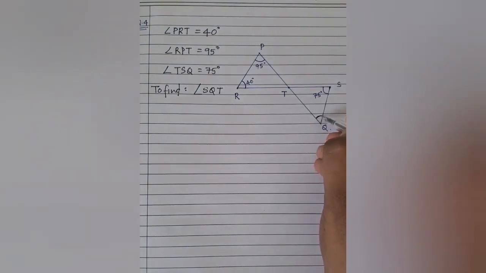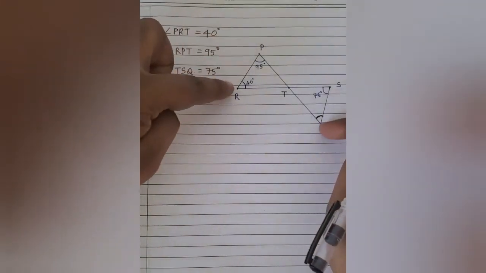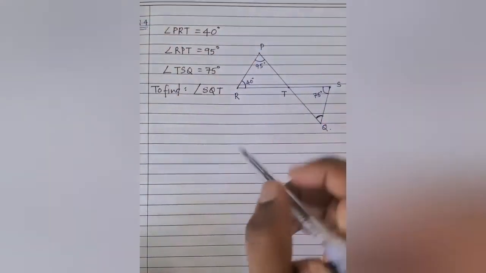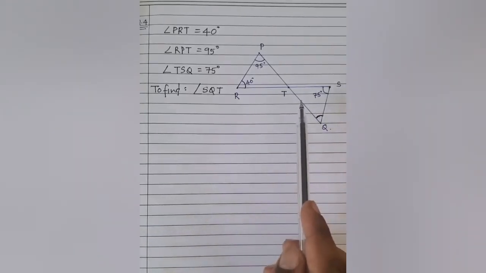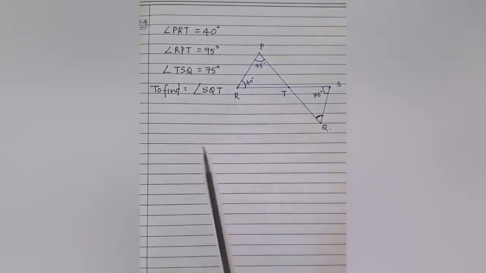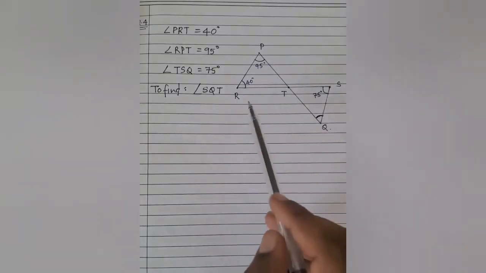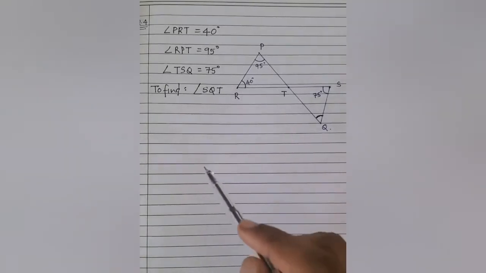It's over here. Now, I say it again, kindly don't consider these as parallel lines, because I often found in the examination that students consider them as parallel lines, take 95 and this angle Q as alternate interior angles, and mention the value of angle Q as 95, which is incorrect, which is wrong. So without considering them as parallel lines, because it is not given in the question, let's proceed the other way around.